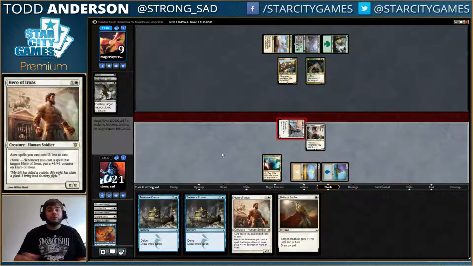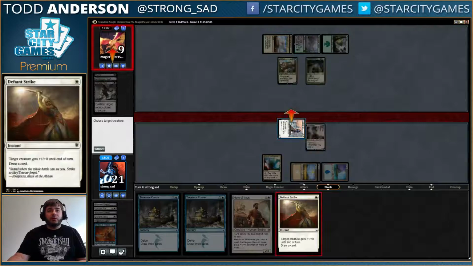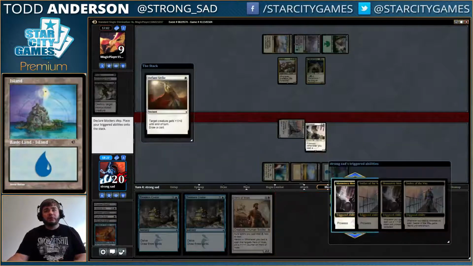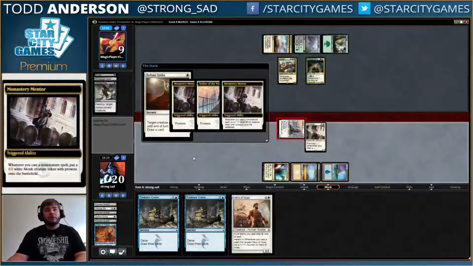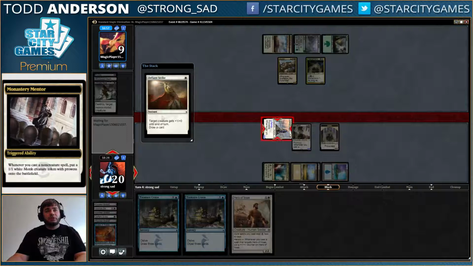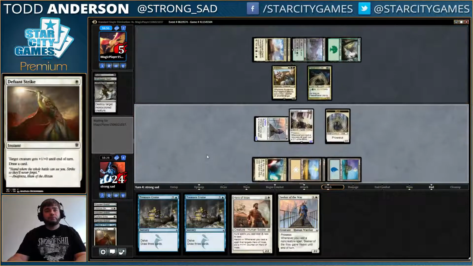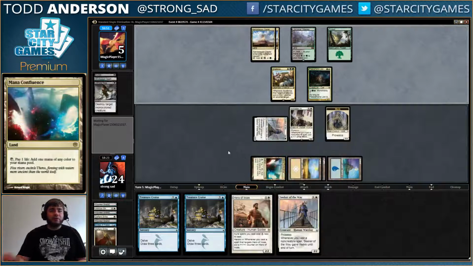Our hand is so good right now. But it is possible we should have waited one more turn on the Mentor. And we are going to go ahead and Defiant Strike to make a guy. We're going to do it anyway. We want to make sure we get to draw the card. We get to deal him an extra point of damage. So that's nice. And gain... Well, we don't really gain an extra life because we are tapping the Mana Confluence, but...